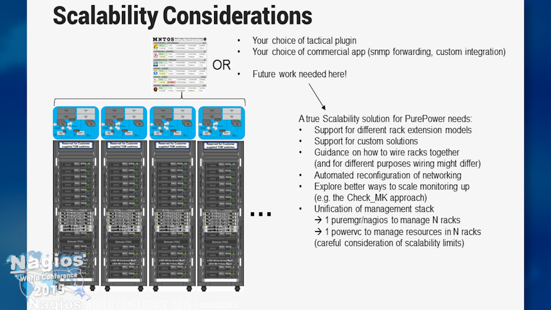So we're going to give a guided wizard to the customer. Okay, so you have to wire this port to this port on the other rack, and guide them through exactly what they have to do, and then automatically configure the networking to access multiple racks, and also then start monitoring as if it was a single infrastructure through different racks as well,